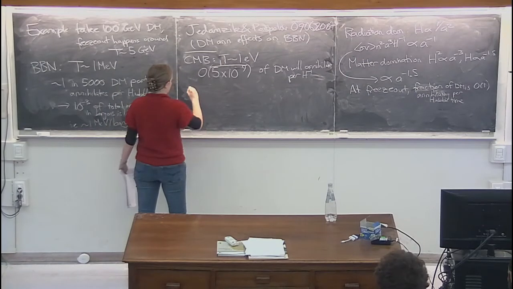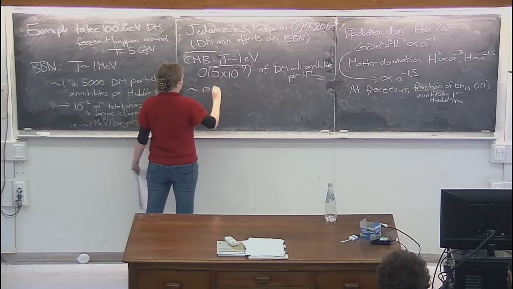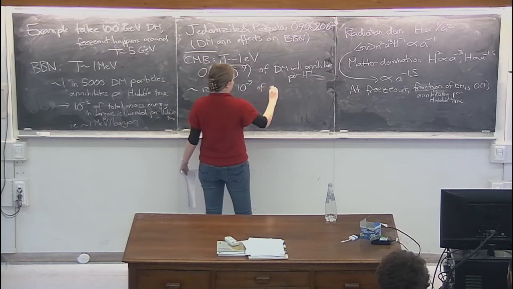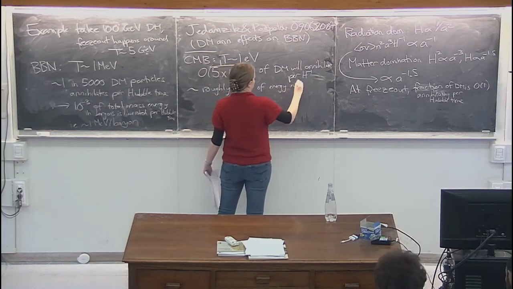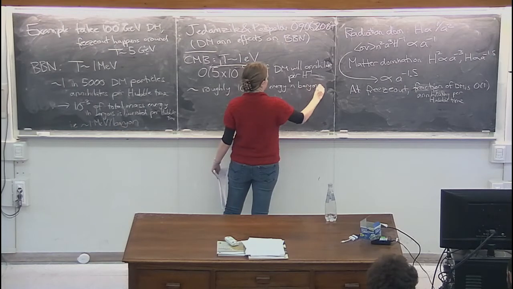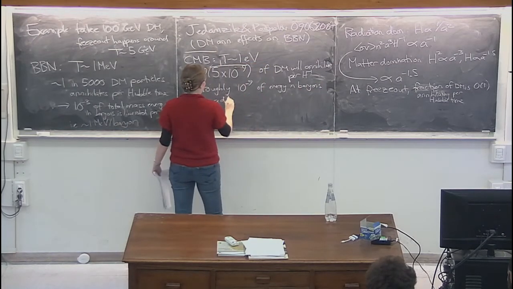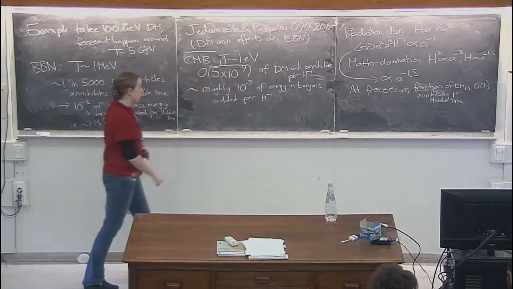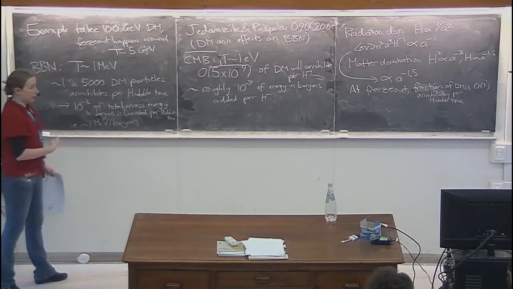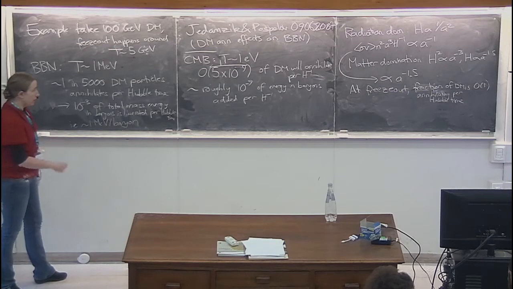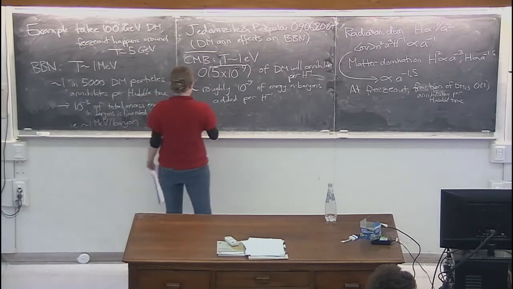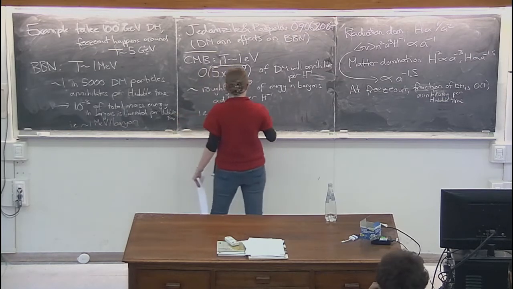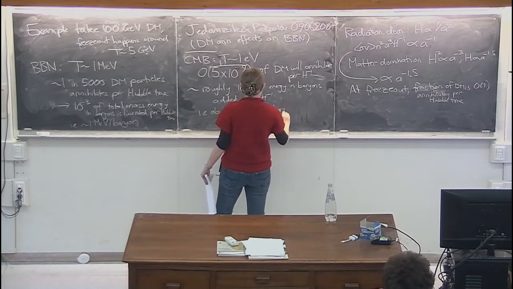So that corresponds to roughly 10 to the minus 9 of energy in baryons added per Hubble time. So again, we know that the energy of a baryon is about 1 GeV, so this is about 1 eV per baryon